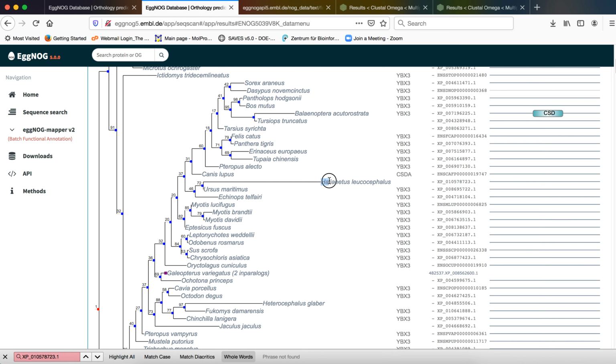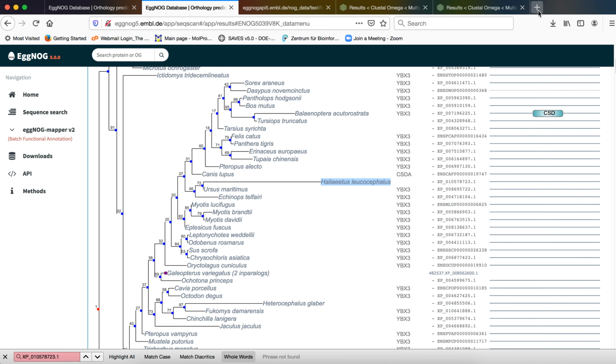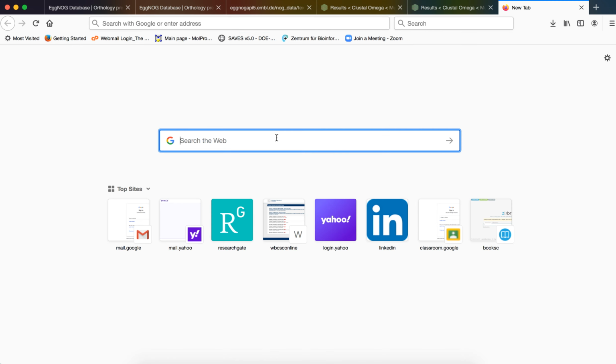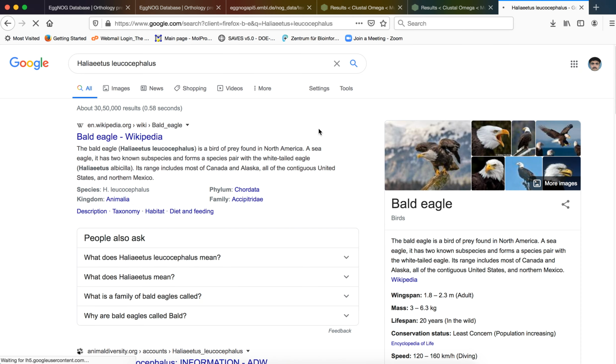So this is the organism which is found to be the most nearest ortholog. So let us search in Google what this organism is. Okay, so this is bald eagle. So this gives you information regarding what kind of organism this is.